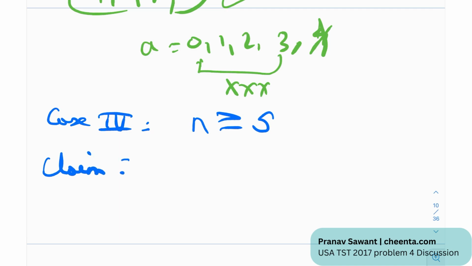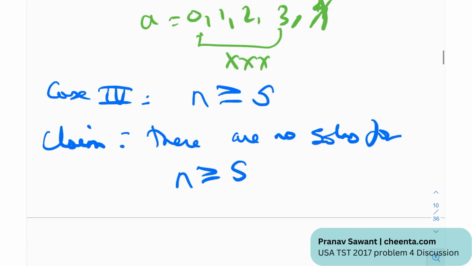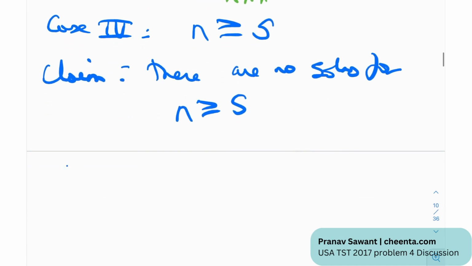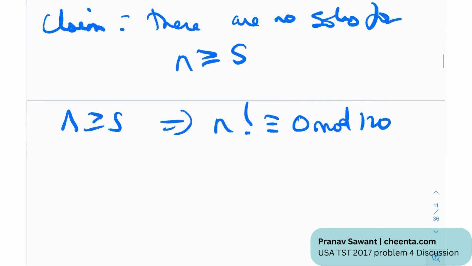Let's make the claim that there are no solutions for n greater than or equal to 5. This is essentially the bounding idea that I was telling you. There will only exist solutions for certain values of n. So if n is greater than or equal to 5, this implies that n factorial is congruent to 0 mod 120. Because for any n greater than, for example, let's say we have 6,